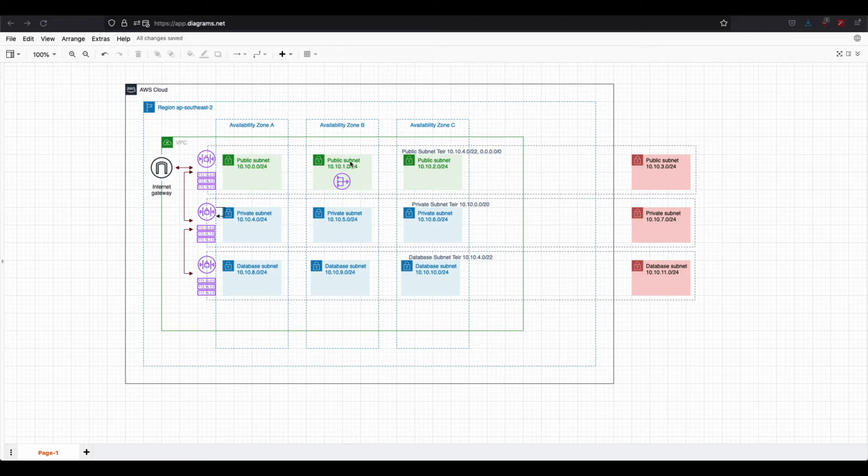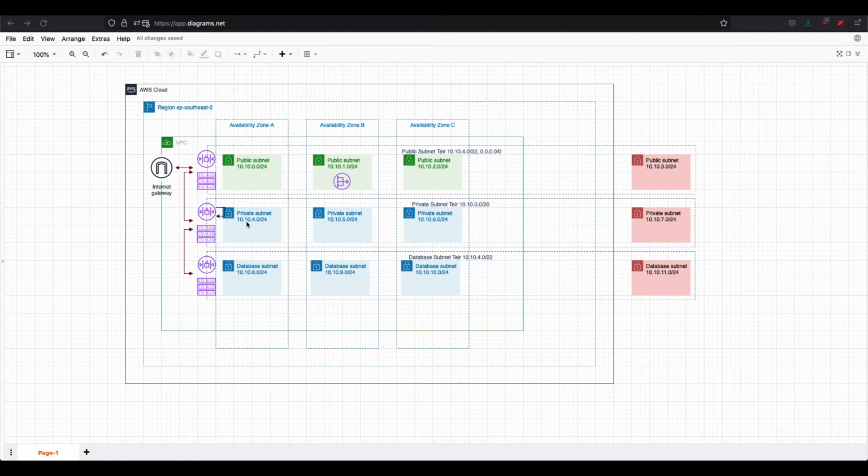What you'll also notice here is that in our VPC on availability zone B we've got our public subnet 10.10.1.0/24. We're going to allocate a Nat Gateway in here. So this icon is a Nat Gateway icon. And what this is going to allow us to do is create an item in the route table for the private subnet group to say, if you want to access the public internet